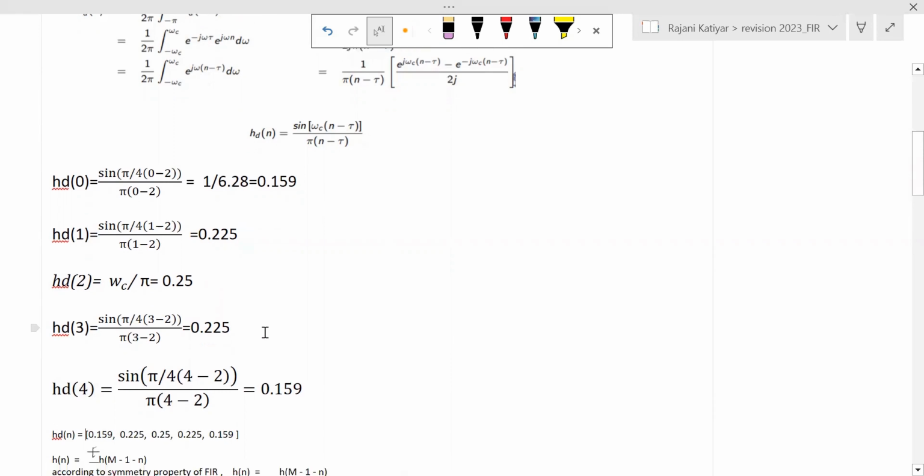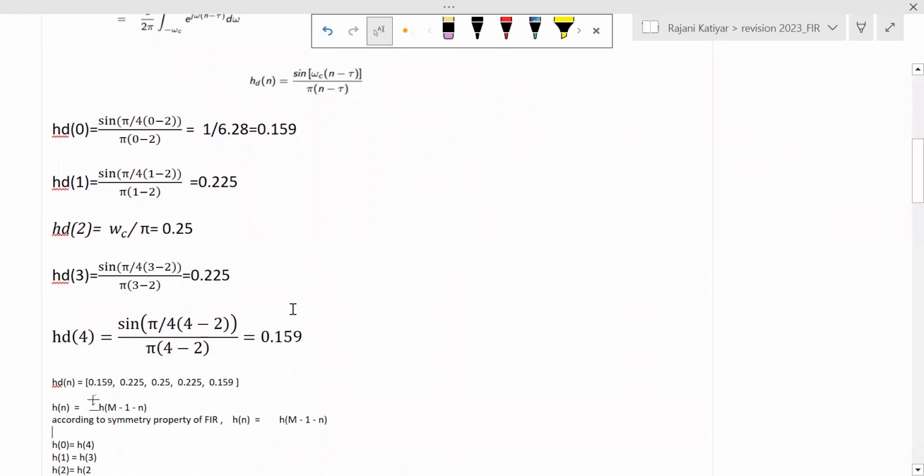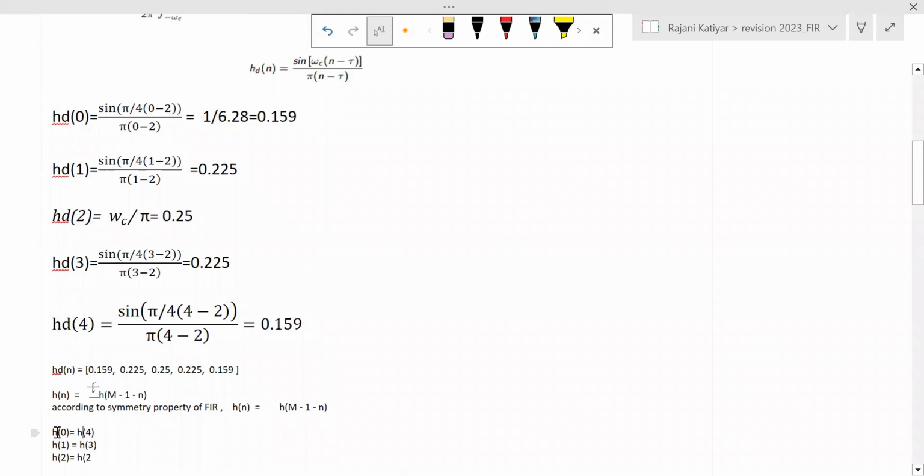Now we will be moving to the windowing technique, and before that we'll see the FIR filter having a property of symmetry and antisymmetry using this equation. If the filter coefficient is fulfilling the requirement of Hn equal to H of capital M minus 1 minus n, where capital M is the filter coefficient length and small n is a variable, and if they are fulfilling the requirements such that